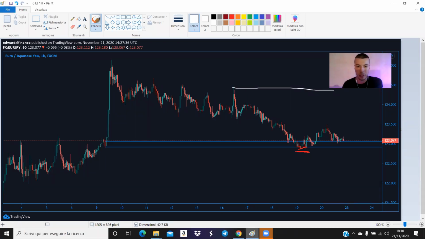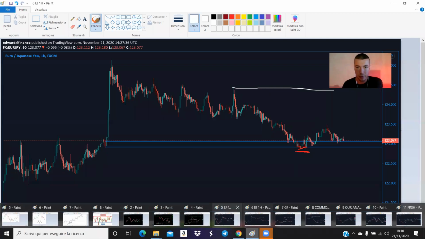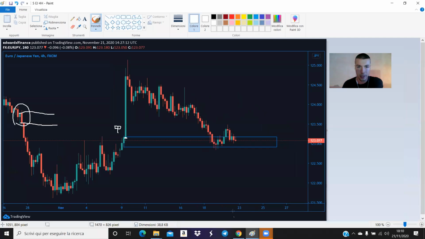I believe that it is better on 4 hours. Therefore, let's go to the 4 hours. And on 4 hours, actually, here we have a better confirmation of our supply area. Here we have all small candles. Here we have a big push with a basing candle. So here it is good. And as you can see, perfect